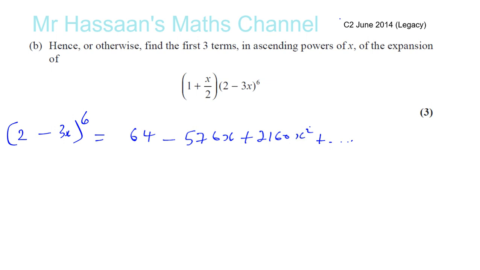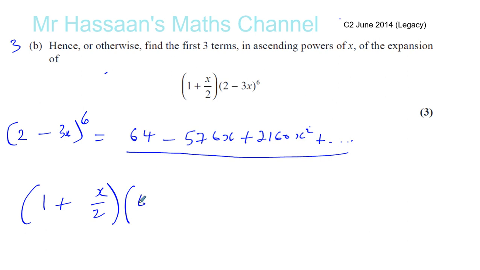Okay, so now part B of question number 3 from June 2014. It says, hence or otherwise, find the first 3 terms in ascending powers of x of this expansion. Okay, so now what we have here, if we have basically 2 minus 3x to the power of 6, which we already expanded, we've got to do 1 plus x over 2 times,